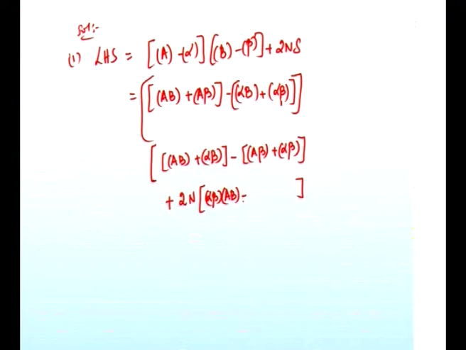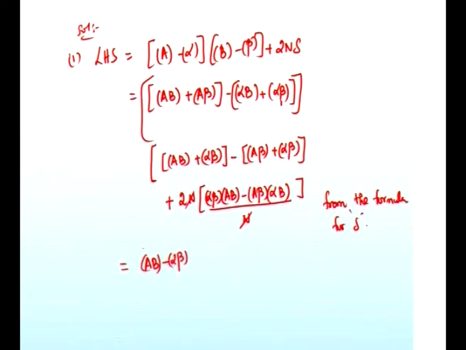minus A beta into alpha b divided by n. This is from the formula for delta. Okay. So, n gets cancelled, and organizing these things, we can write this as AB minus alpha beta plus you have A beta minus alpha b. Right? This is first one organized